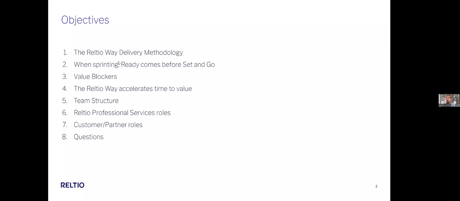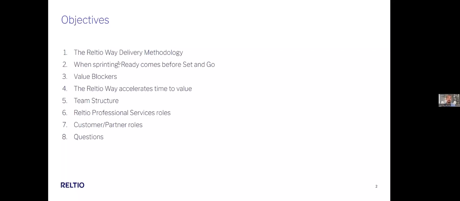After that, we'll cover when sprinting, when you are ready to rock, what does that look like? How do you get there? Ready comes before set and go, so we'll really spend some time there. We'll cover our checklist specifically for this preparedness. We'll also cover what a pre-sale scoping sheet looks like, and a bit on requirements even deeper. So we'll go a few layers in to really give you a deep feel for how to prepare and what parameters to think about for your implementation.